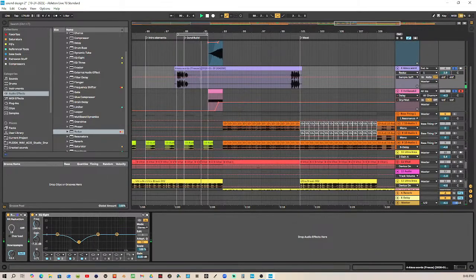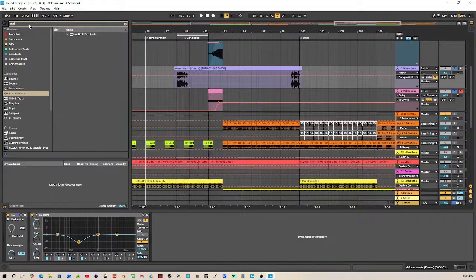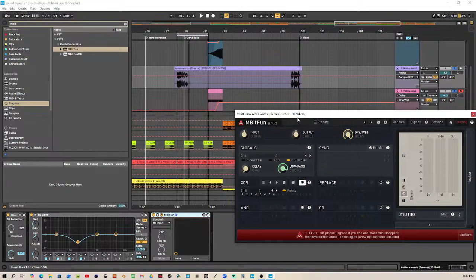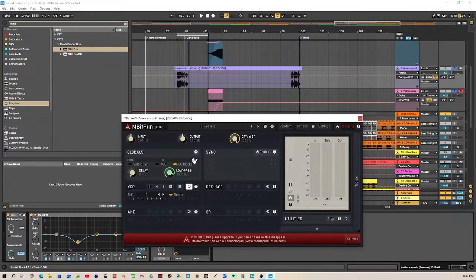I like it. That'll work. Maybe I'll put the M bit on after it and see if that really brings out anything. Let's see, plugins, M bit. Let's put it in. Let's try 4 bits or 3 bits again. 4, 3.